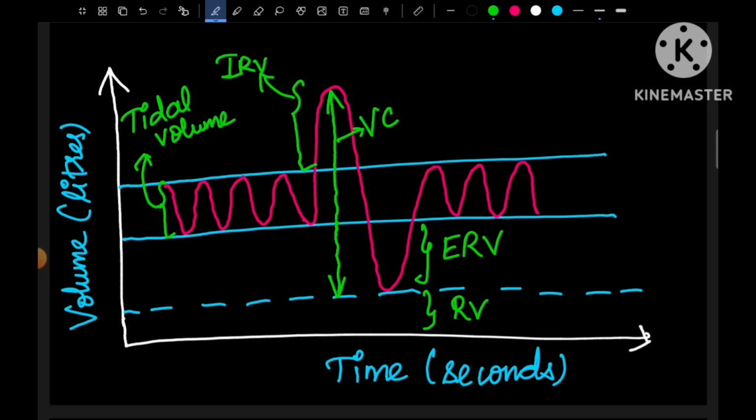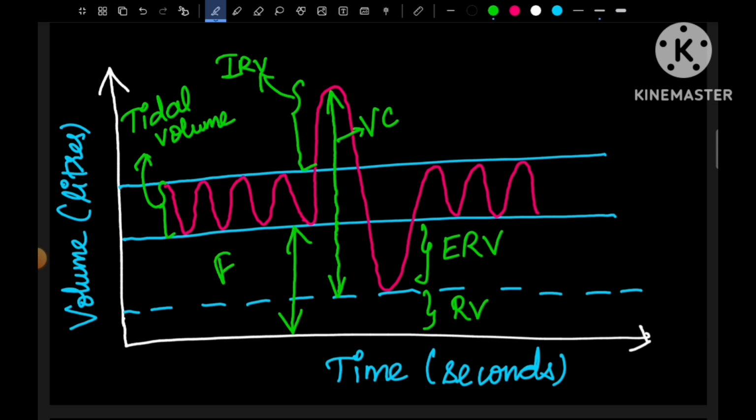What is this VC? That is vital capacity. Next, what I am going to draw is, I'll rather try to put a bracket so that it will be easy, or I think this itself will be okay. Now ERV and RV is there. So what I am going to draw next is